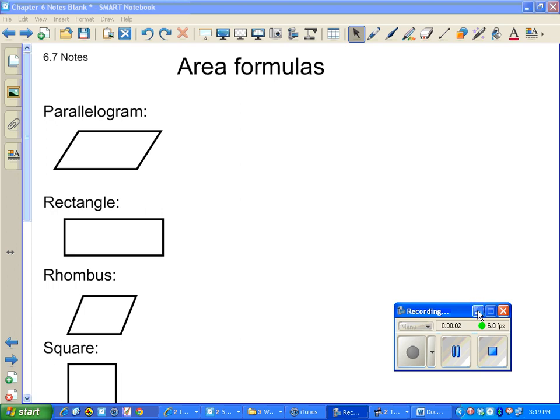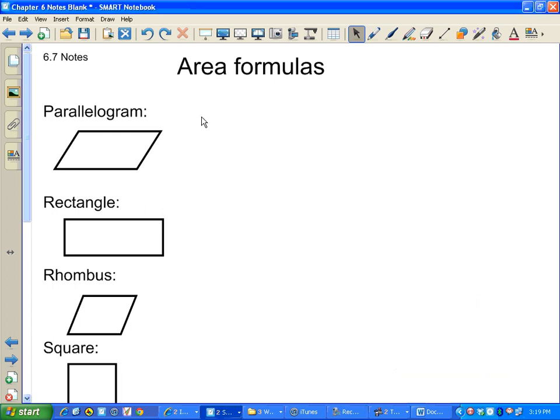Okay, the last section in this chapter is about area formulas. So we're going to be finding the area of these different quadrilaterals that we have. So I just want to put down all the different ways you can find area of all the different shapes. The big thing that's going to be in here is a lot of these are going to have area formulas that are